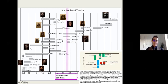I know that some people consider Kenyanthropus platyops to be a precursor to the genus Homo, so they could well be the authors of the Lomekwian stone tools. Could equally be an Australopith. We don't know who made it. They're not found in any fossil association at all. But it is really interesting that it pushes back the Lomekwian, stone tool use beyond the beginning of our genus,